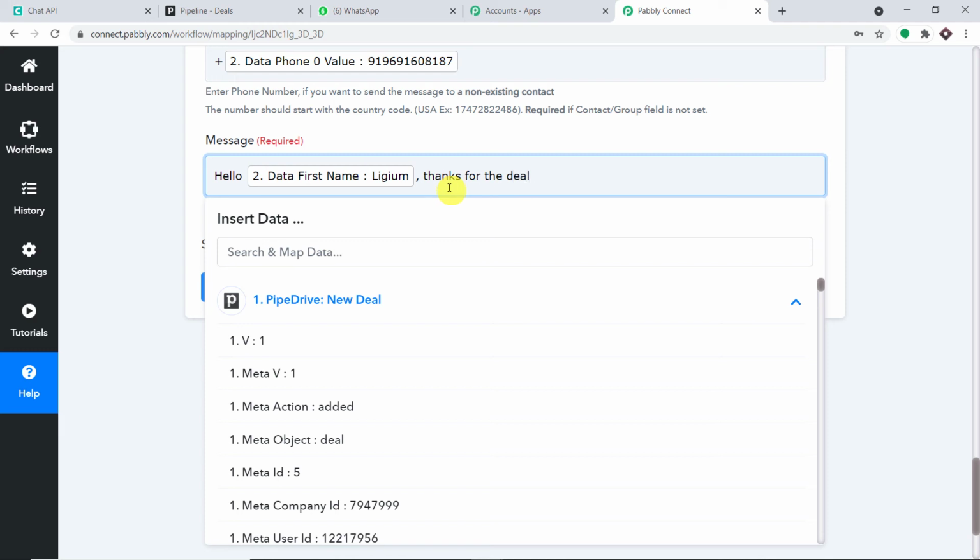Okay, and these are the deal related information. What I'm going to do here is introduce /n. So why /n? The idea is that we want to send the data in form of steps. Basically, the /n will introduce the data in the next line.